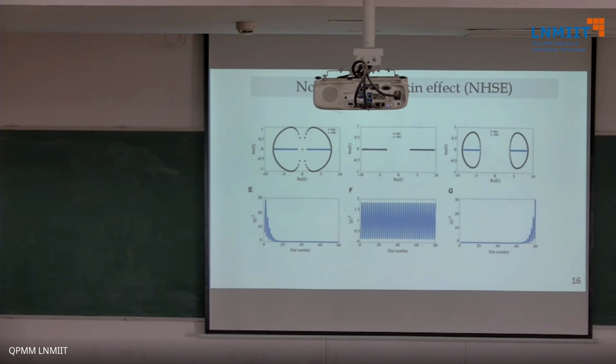You see that there is a buildup of the eigenstates at one edge and not on the other edge. Otherwise, if it goes from here to here, it has to go through the entire chain, with the wave function evenly distributed everywhere. So one quick way of checking whether a model will have skin effect is to look at the imaginary versus real E spectrum. If they look different, then there's a skin effect. If they look the same, then there's no skin effect. Okay, so you just plot the imaginary E and the real E.